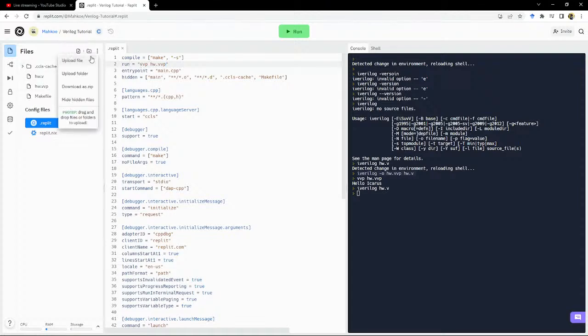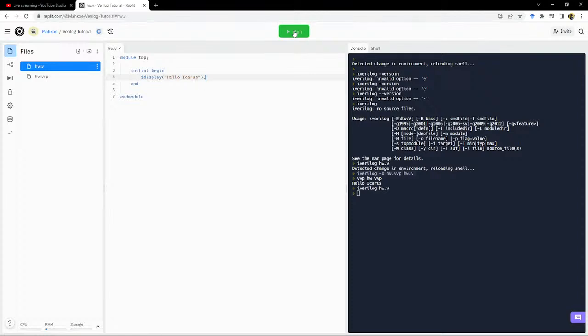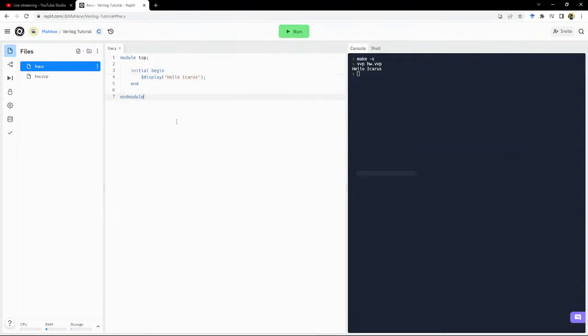So now we can hide the hidden files again and make things look a little bit cleaner. And let's click run, and there, it just works. So now we're ready to write whatever we want inside this hw.v. And then when we run it, it'll just appear on the screen. Let's add another display statement in here, just for fun. Hello to, let's make an, I don't know,